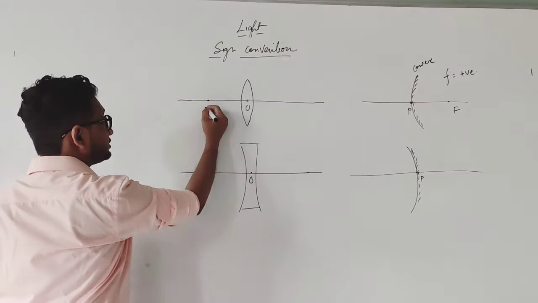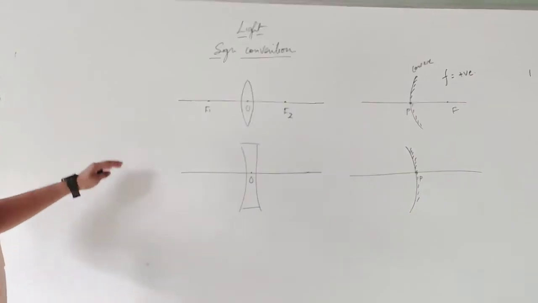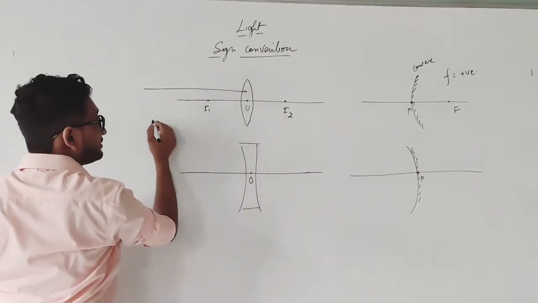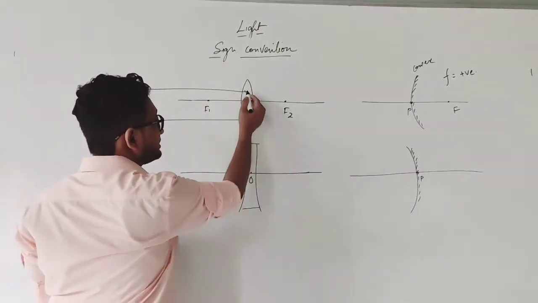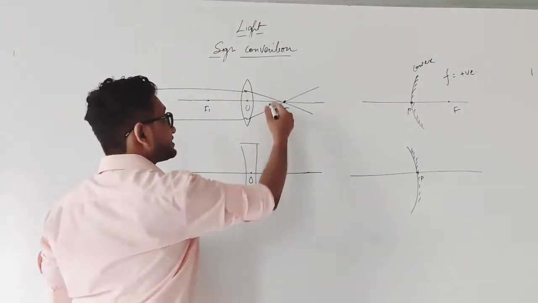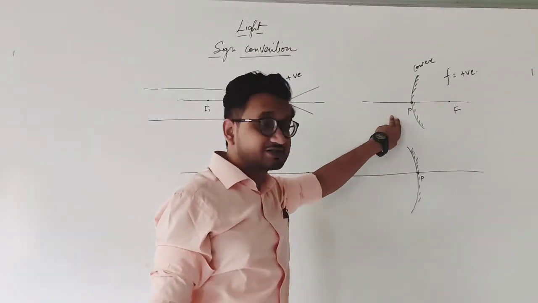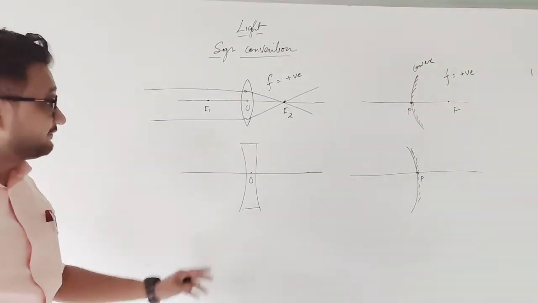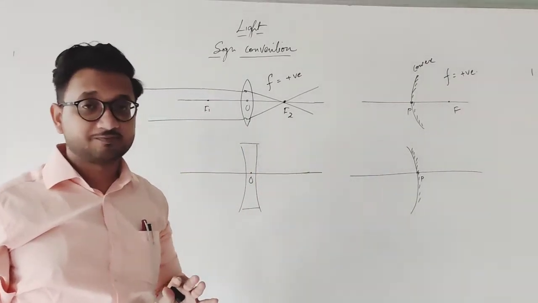Yes, I know that there are two focus points, but when we are talking about the rays of light where they are converging, we are taking the objects over here, and when the rays of light are coming from this side, that is the left hand side, the focus is always on the right hand side. Therefore the focal length of a convex lens is also taken as positive. The focal length of a convex mirror and of a convex lens are both positive. Even though the image properties are different, the focal length is always positive.